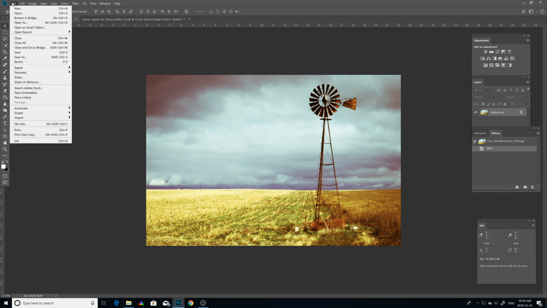So file, that's where you want to open a new file. New is where you want to create, say, a workspace that's other than what you're seeing here. And Bridge, we'll talk about that at some other point. That's another side program that comes with Photoshop. And I find it handy for being able to go back to the same folder where you get all your